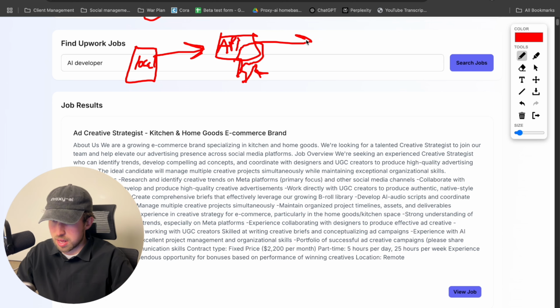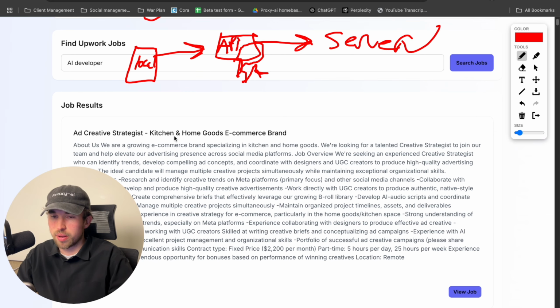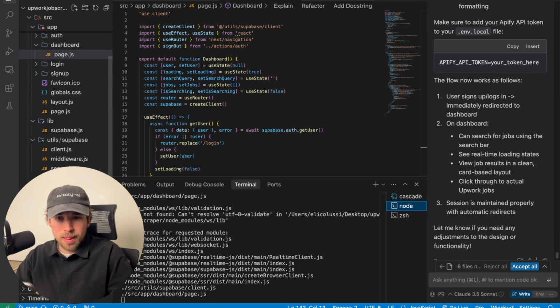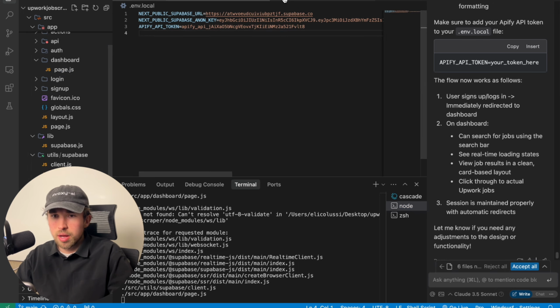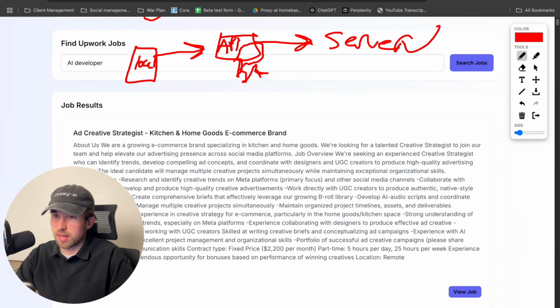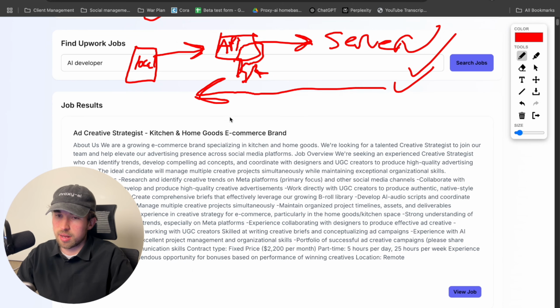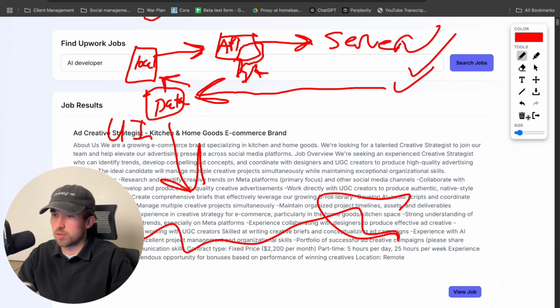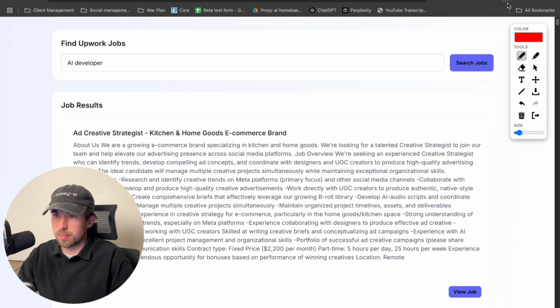I'm all over the place. And then that is going to the server. And then the server's like, sick, because we have everything we need in here. Where is it at? .env.local, because we have our Apify API token, we have our public Supabase anon key, and we have all of our stuff. So it's like, cool, and we're making correct requests, and then it sends the data back to us for us to populate our UI, which is everything you're seeing down here, right? So that is exactly what's happening right now.